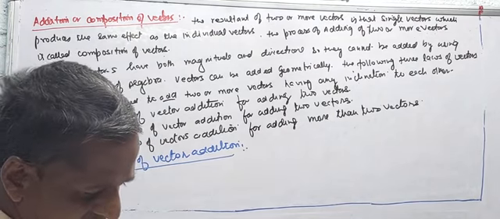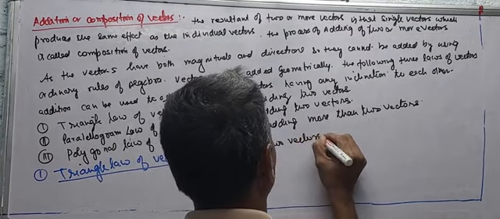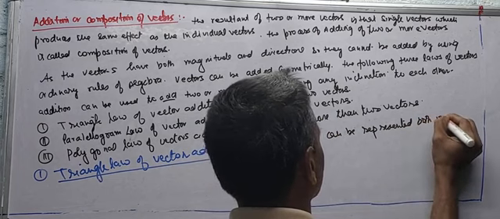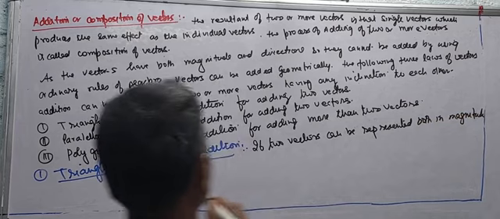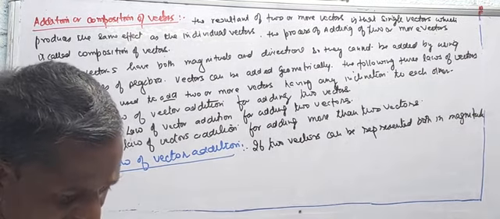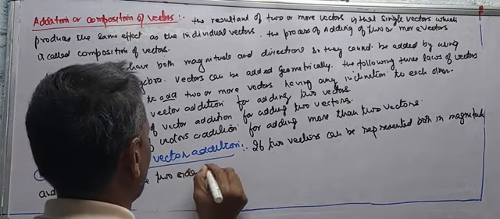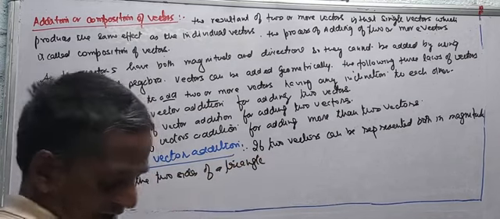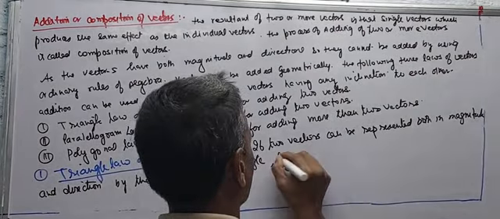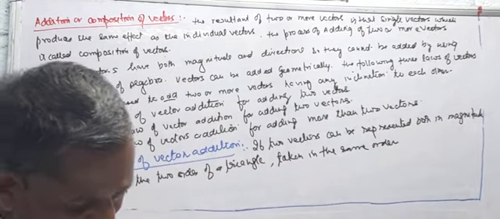If two vectors can be represented both in magnitude and direction by the two sides of a triangle taken in the same order, then the resultant